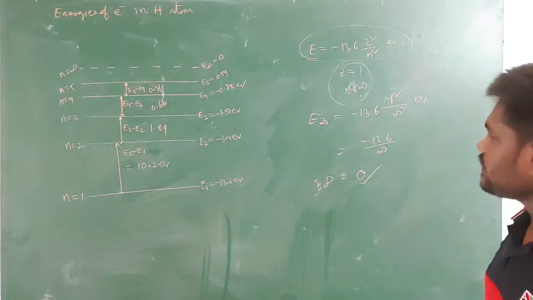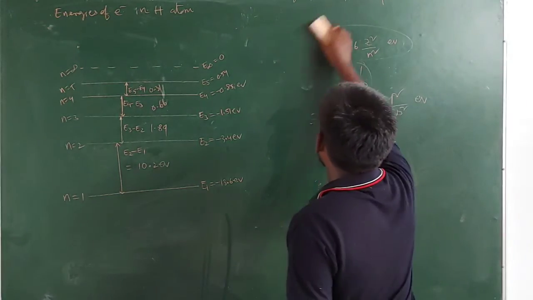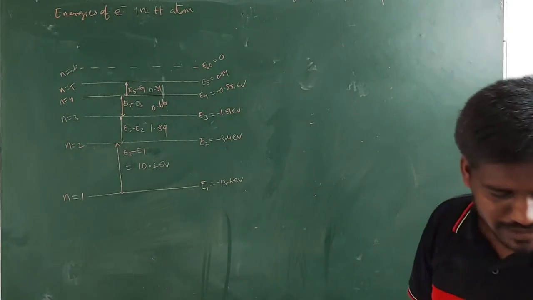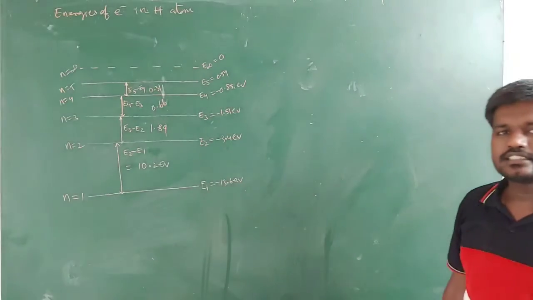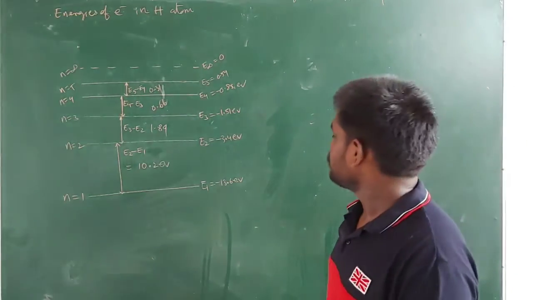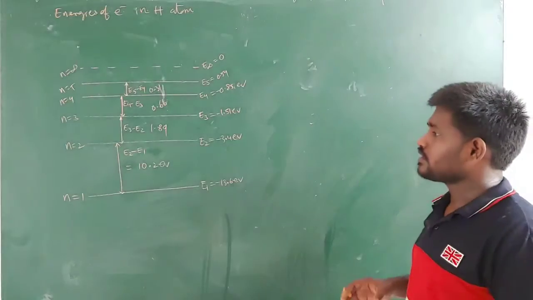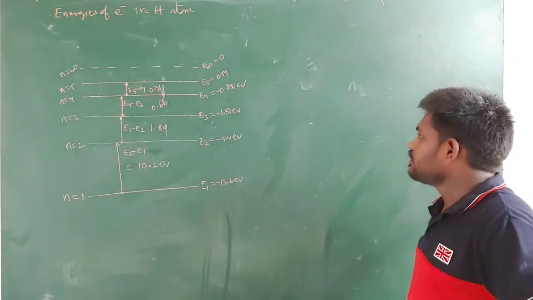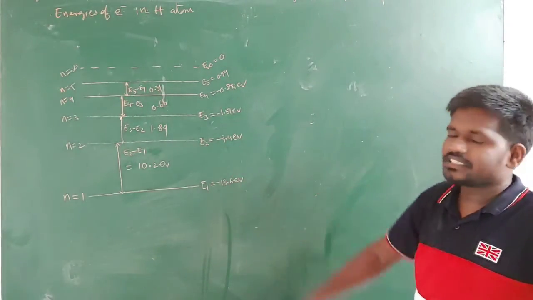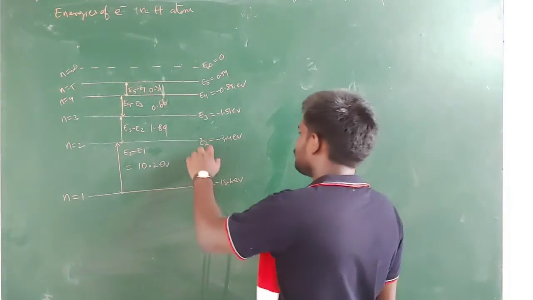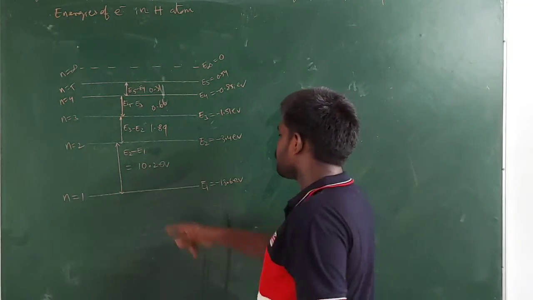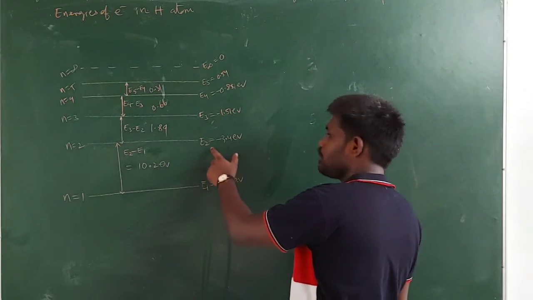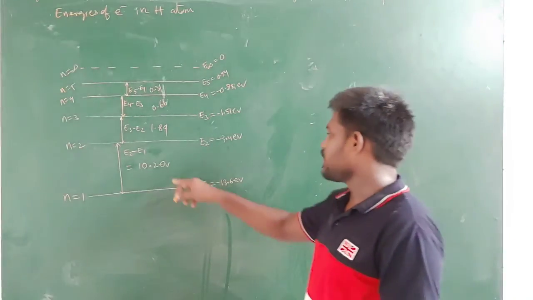And next, guys, the energy gaps. One of the postulates of Bohr's atomic model is that as the n value increases, the gap between two successive orbits decreases. Okay. Now the reason for that is the energy differences. You see the energy difference between these two is very high, 10.2 electron volts. The energy difference between these two you can get by doing E2 minus E1. If you do that, you will get this value.